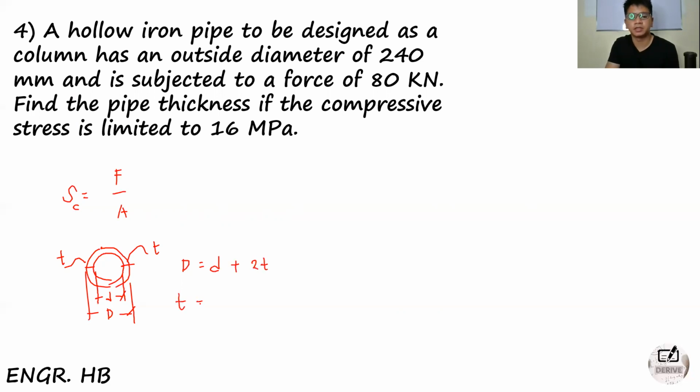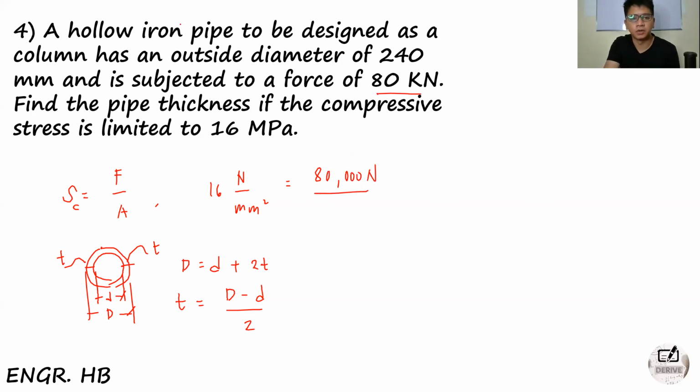So the thickness equals capital D minus small d, divided by 2. First we need to get the big and small diameters. We have a stress of 16 megapascals, or 16 newton per square millimeter, equal to F, 80,000 newtons, divided by